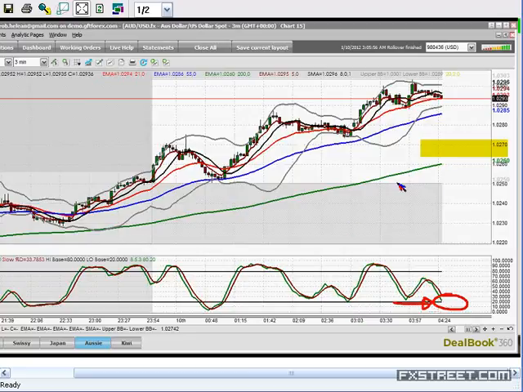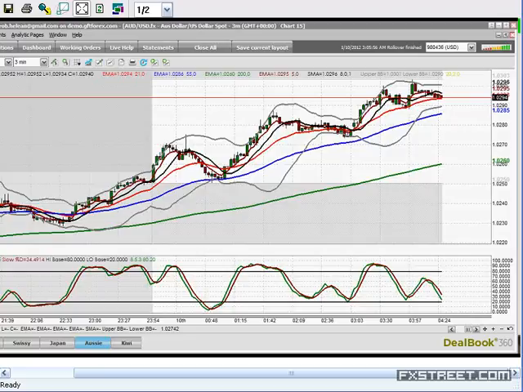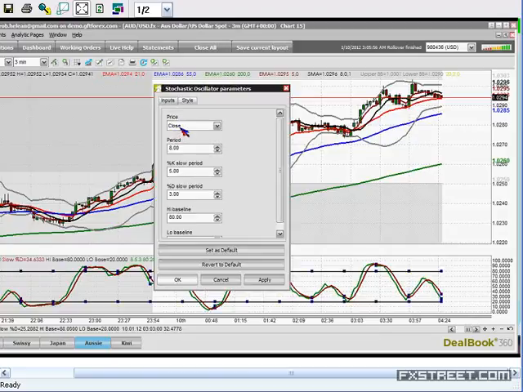Now, one very important point that's going to help you stay out of some trades, I hope, for the more novice traders amongst us, that I've been mentioning. The stochastic is 8, 5, and 3. There you go, Sophie.